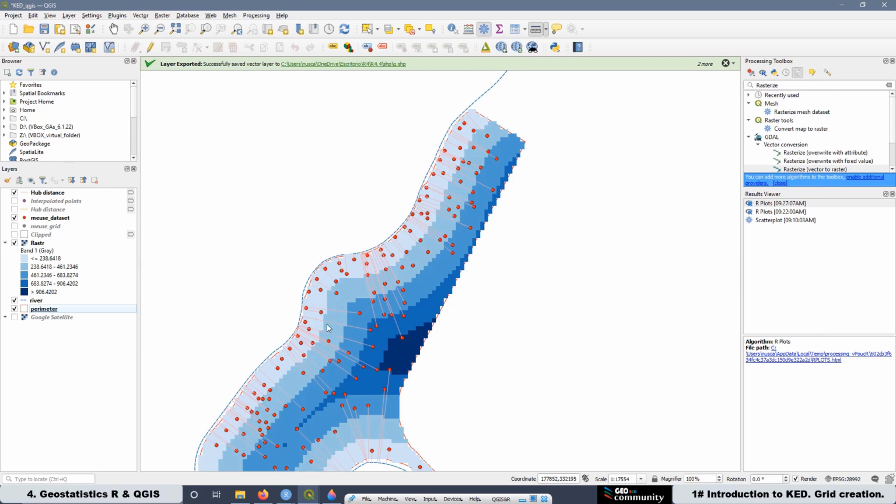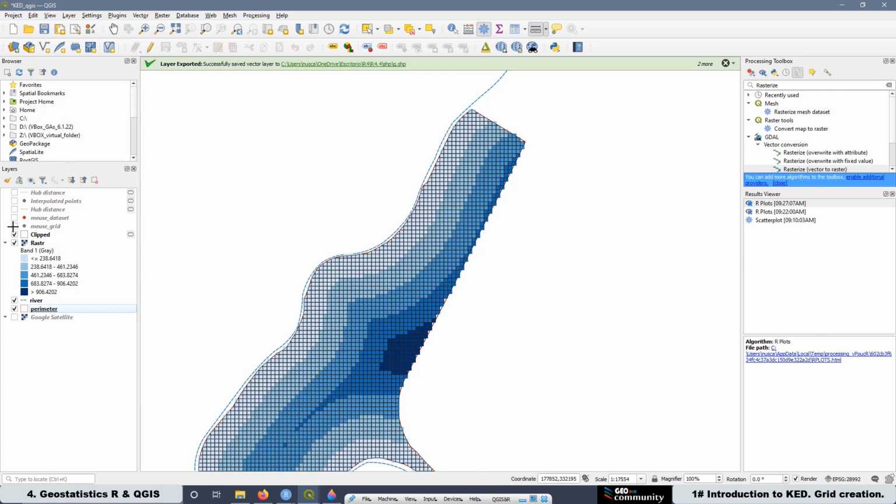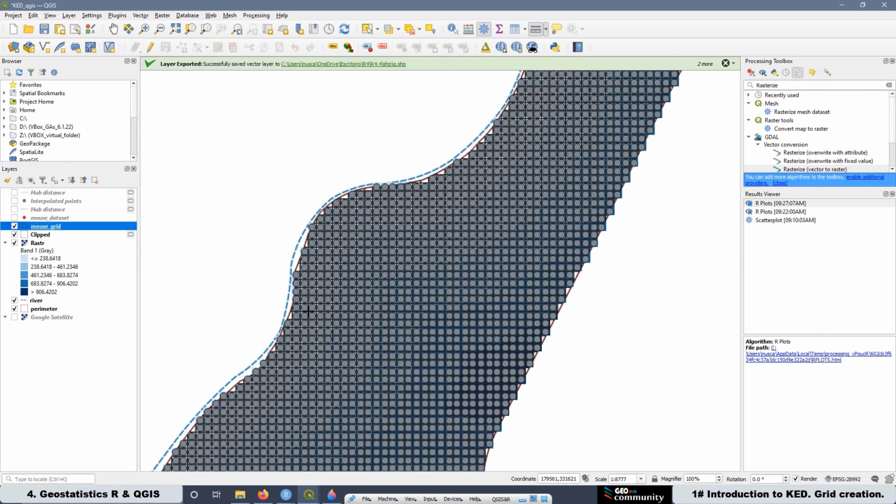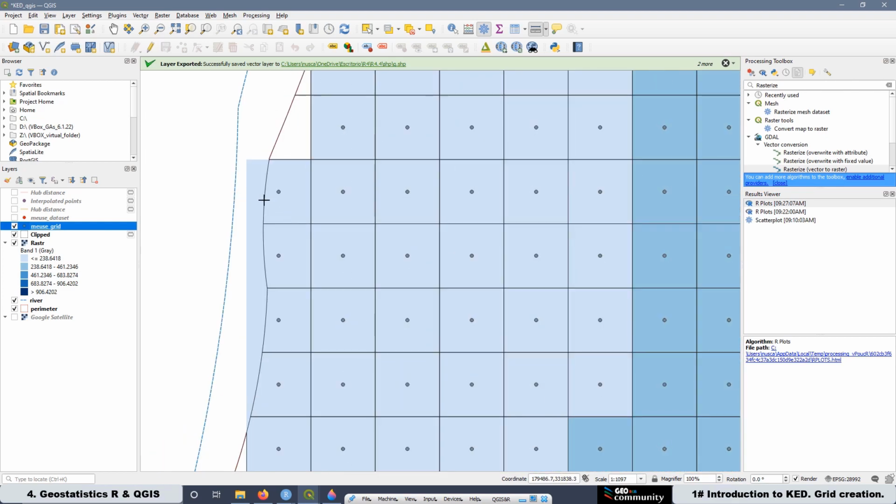Also, in this case, we didn't interpolate anything, right? Because the value that we have here, for example, for each pixel is the same value that we have here at the point of the grid. We didn't interpolate anything. The only thing we did with this raster is just to assign for all this area the value that we have in this point. Okay, let me show you. If we go here,